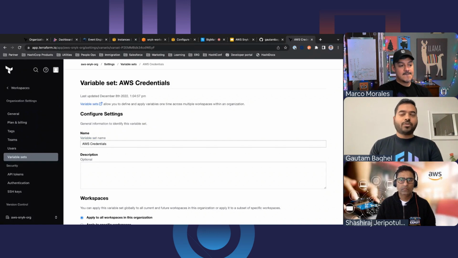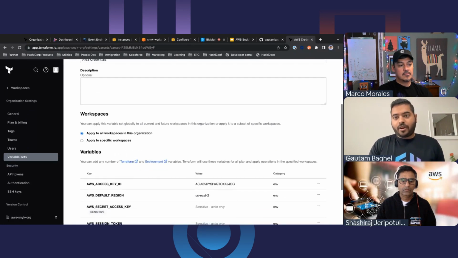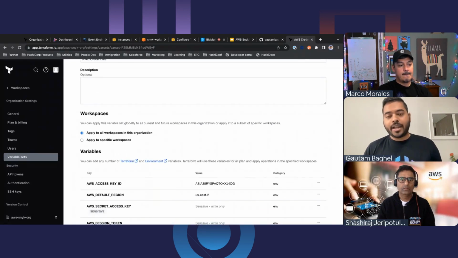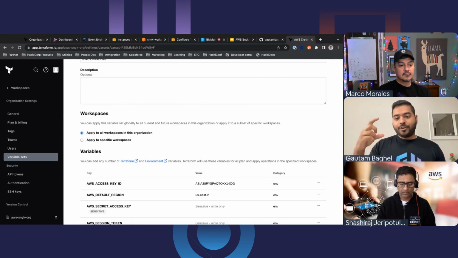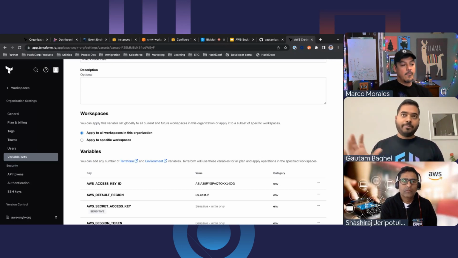I'm not too sure about that one. There might be a way to automate. Well, a lot of all of these things are accessible through APIs, right? I'm sure folks have written libraries and APIs. We also have the Terraform Cloud provider, it's actually the TFE provider. So if you're using Terraform itself to configure Terraform, you can do that too, right? I'm sure there's some automation out there that solves your particular problem.